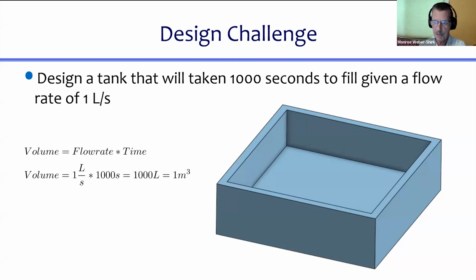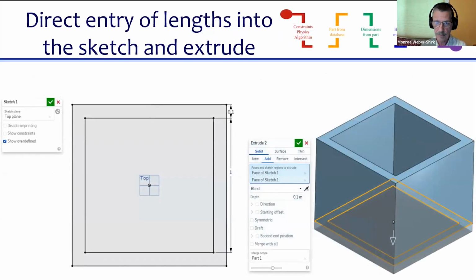So we take that flow rate, we multiply it times time, and we get 1,000 liters. So this is the part that the engineers classically did sitting in their one room. Okay, so now we know we need a tank that's a cubic meter in volume. And then we take this to the CAD and the drafters sketch this up.